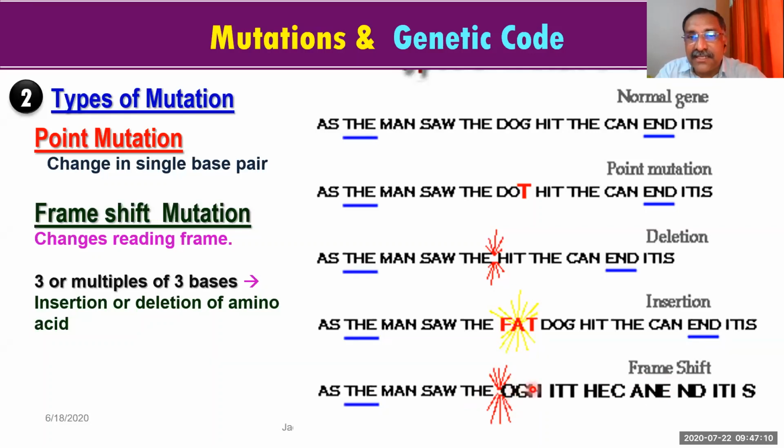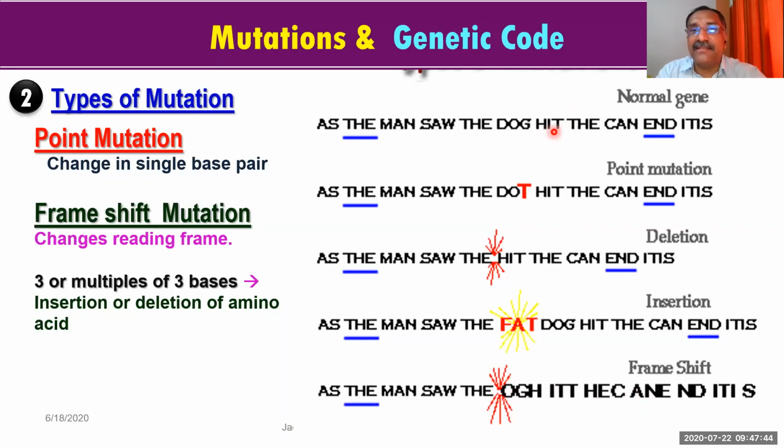Now you see here 3 letters are there. These 3 letters are nothing. O, G, H. Now again look at here. I, T, T. This is what you see here. H, E, C. Here. A, N, E. Here. That means what I say, when one letter is removed, the whole thing is coming back. Then the aage you see the meaning has changed. Now these letters have no meaning.